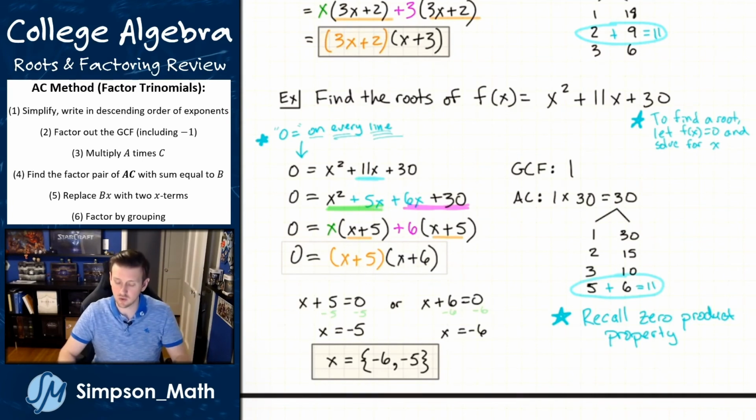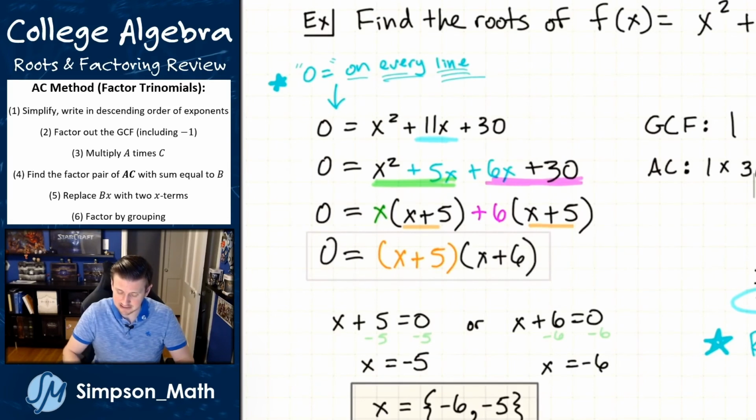So it's already in order. The GCF is 1. The A times C is, well, A is 1, so A times C is just 30. Our factor pairs of 30 are as follows. But the one I need, because I'm looking for an 11x, is 5 and 6. So then I replace 11x with 5x plus 6x. Yep, that's right. Then I do my factor by